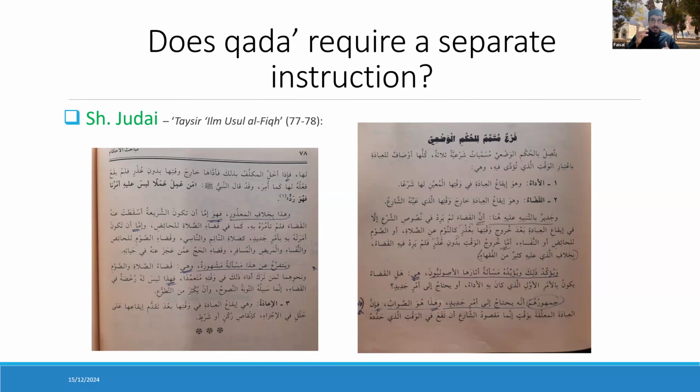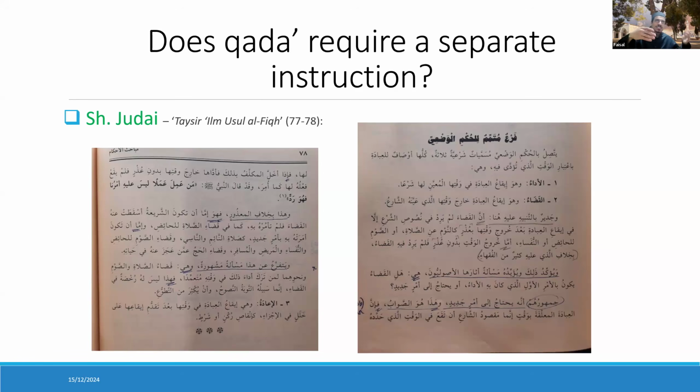Now this is sound, right? What you're saying here is sound, but again, remember, this is only addressing one angle of this question that's going to arise regarding qada, salah, and things like this. So what does he say? He continues. He says, وَيُؤَكِّدُ ذَلِكَ وَيُؤَيِّدُهُ مَسْأَلَةٌ أَثَارَهَا الْأُصُولِيُّونَ. Here, هل القضاء يكون بالأمر الأول الذي كان به الأداء أو يحتاج إلى أمر جديد؟